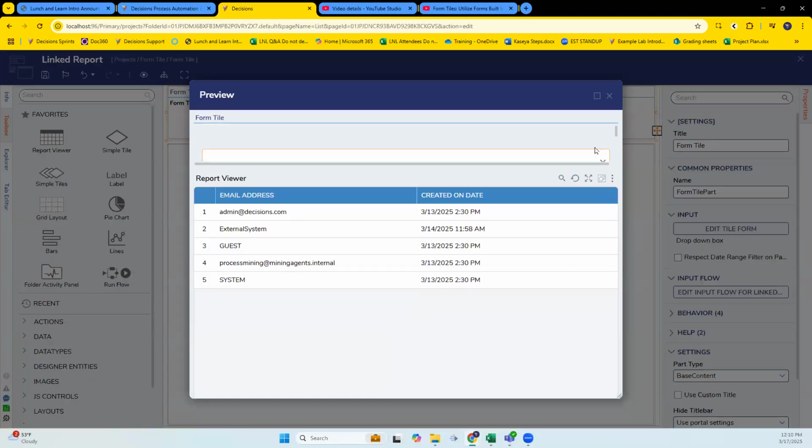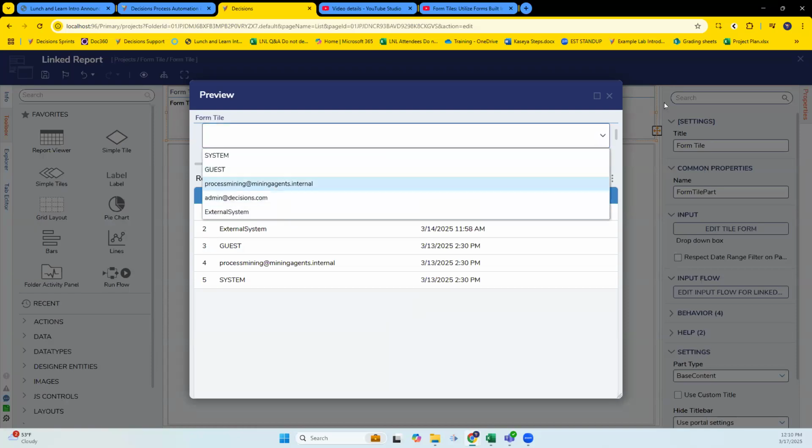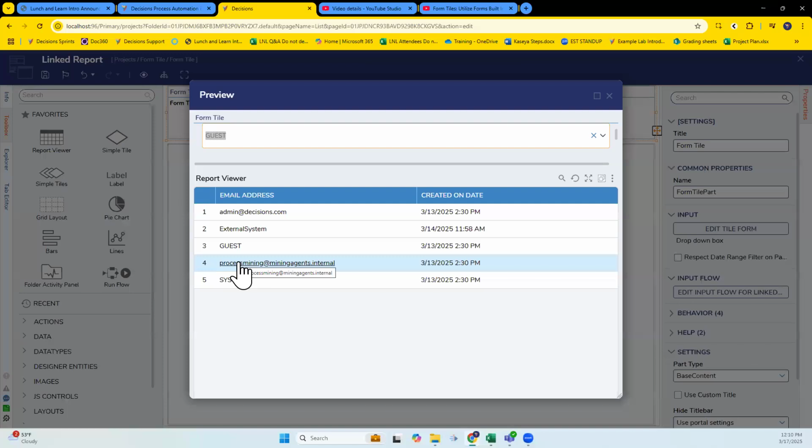I have to resize this. Obviously, this is not what we want. But you essentially want to be able to click on one of these fields and then it shows you only those that match that selection. Yeah. I think the way you do it is it's going to work.